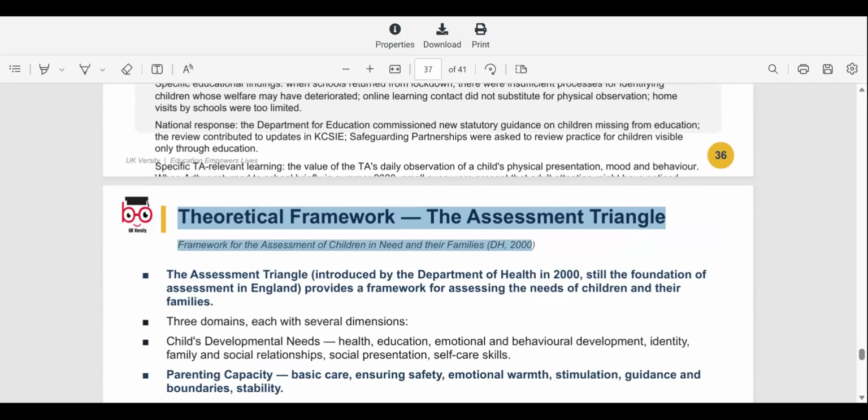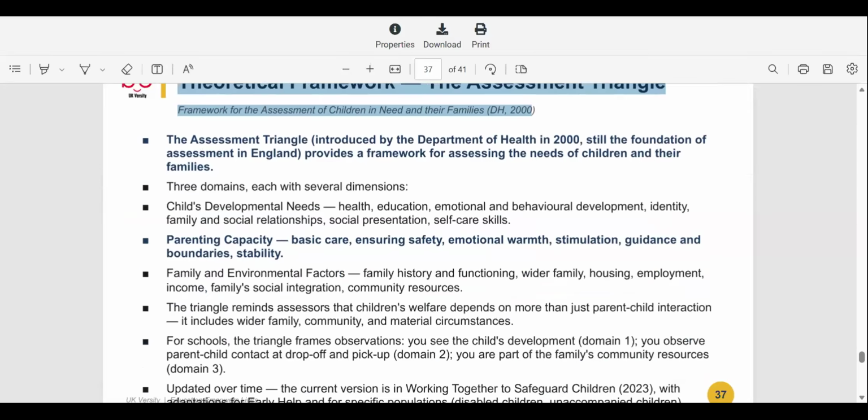It was the impact of the family members that didn't take into account elements of how they treated him and how he died. The theoretical assessment triangle, in regards to elements of serious crime, is a framework that places the child at the center of the triangle, and it protects that child's developmental